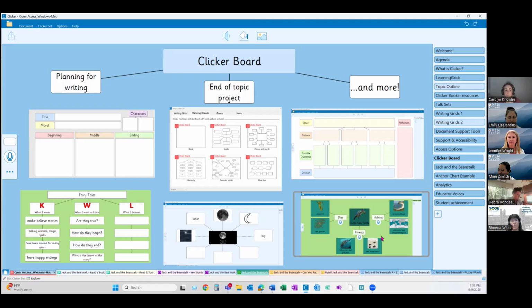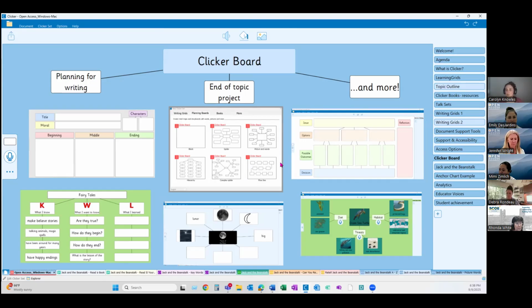This one was on the Great Barrier Reef. This one was on cycles of the moon. But there are also the blank templates where there'll be a layout and something created where you're just populating the content based on whatever you're learning. And I've seen these used so many different ways.